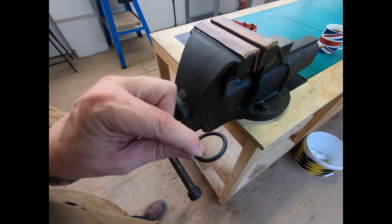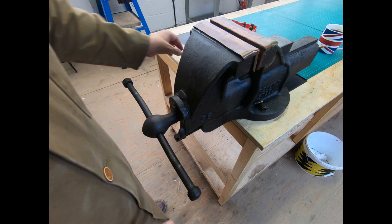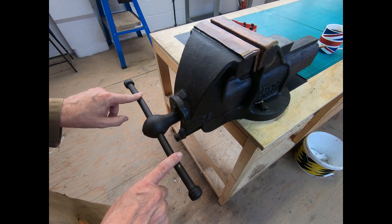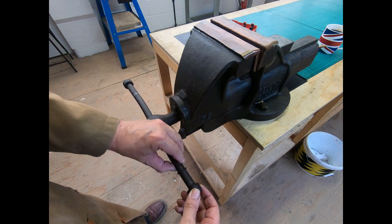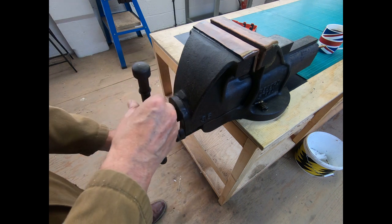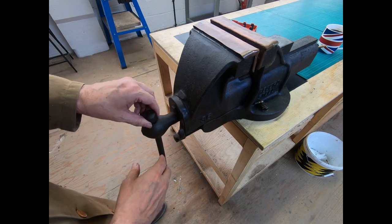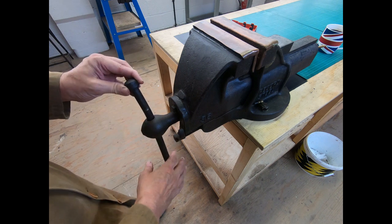Just get a couple of O-rings, just standard O-rings. You just need to get the right size for the bar, for your vice, and then all you do is slip them over the end onto the handle there, and then let's move that back up there, and if it falls, it's still going to hurt a bit, but at least you've got some protection there with